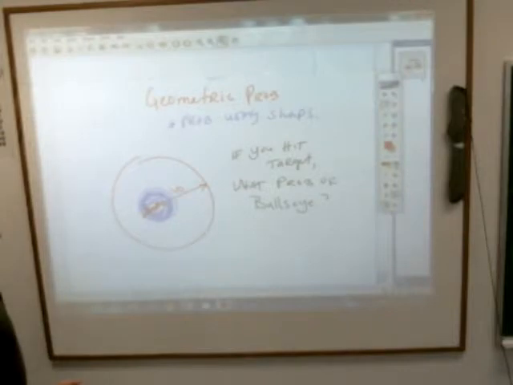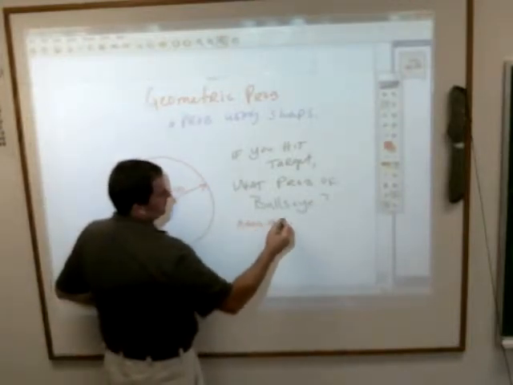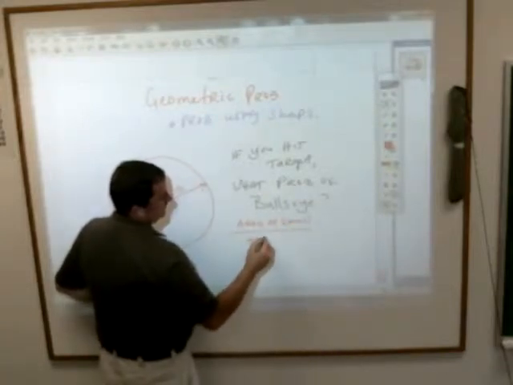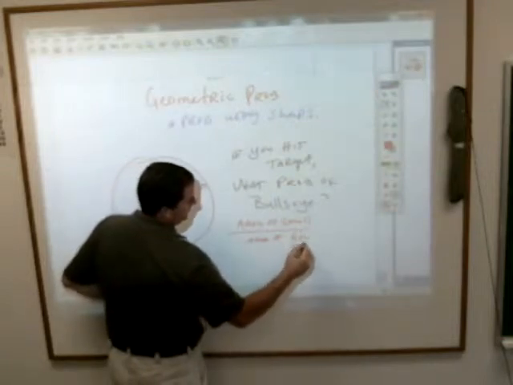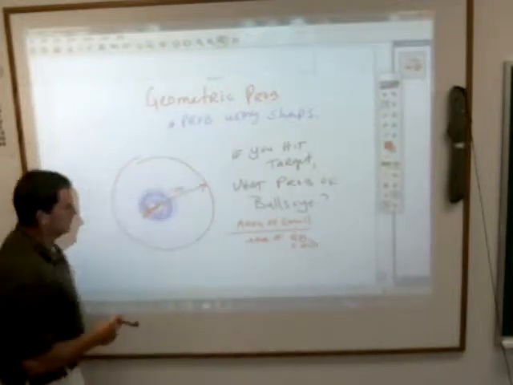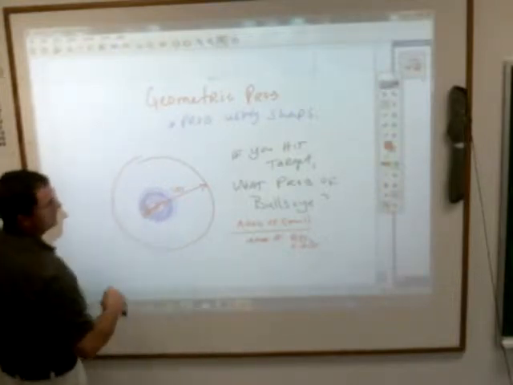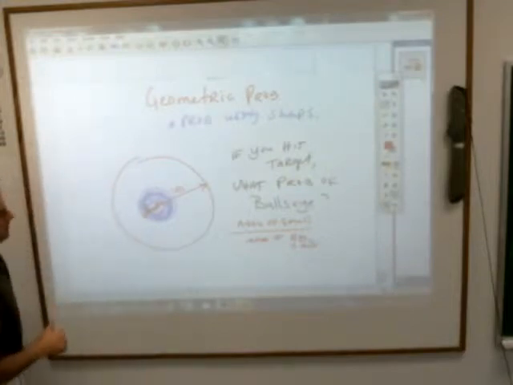Well, it's pretty simple. It is simply the area of the small circle over the area of the big circle. Okay, because you have that total area there that you can find, but you can only hit this part of it. It looks like a hard thing, but it really shouldn't be that hard, because you know that